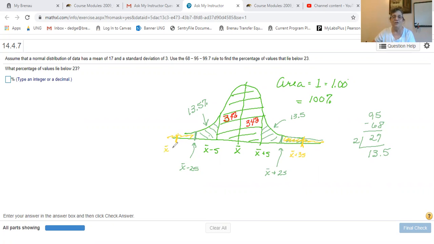This is our average minus 3 standard deviations. Adding these 2 spots, and I shouldn't even go all the way out. So just these 2 spots,